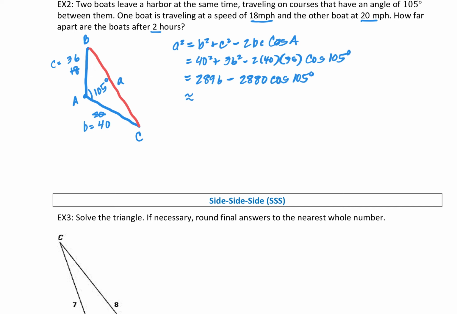In my calculator, that A squared is approximately 3625.39885. And then the square root would give me